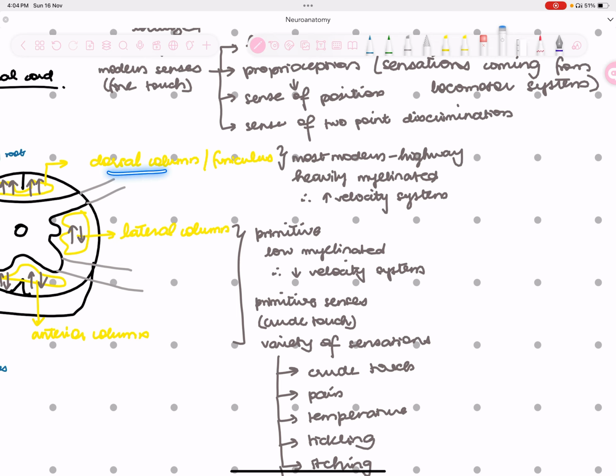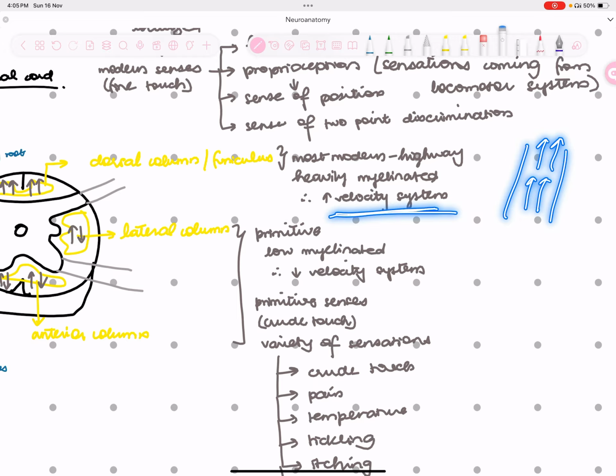You can imagine the dorsal column being a highway, which is very modern, and it has a very fast system. For example, if there's a division, the cars are only going in one direction, they'll be only going right. You won't have a mixture of everything because this is a highway. You need to be really careful. So it is a very fast system with high velocity.